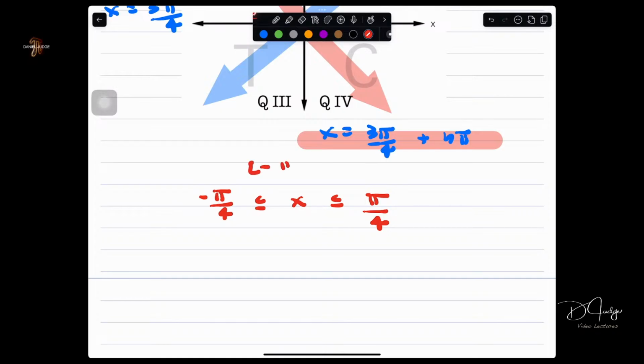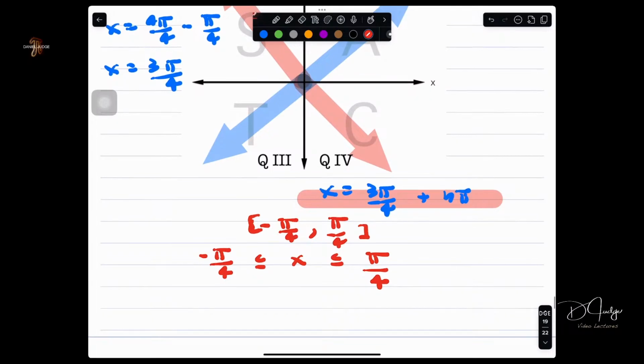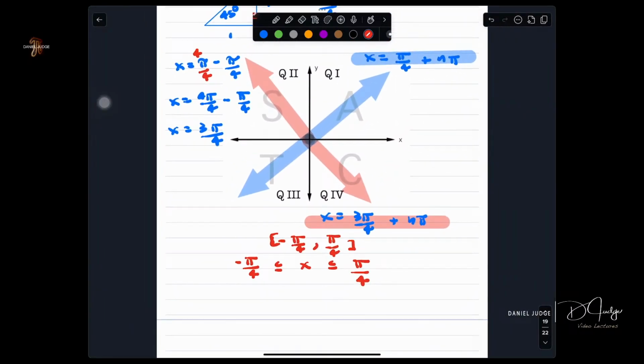So let's kind of write that down so you guys can see that. What solutions are in that interval? Well, here, if n is 0, so if we take the positive solutions,